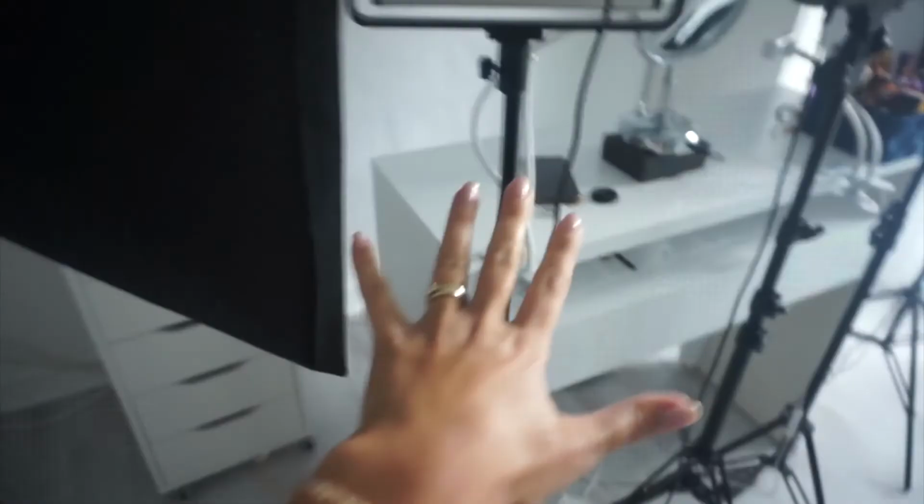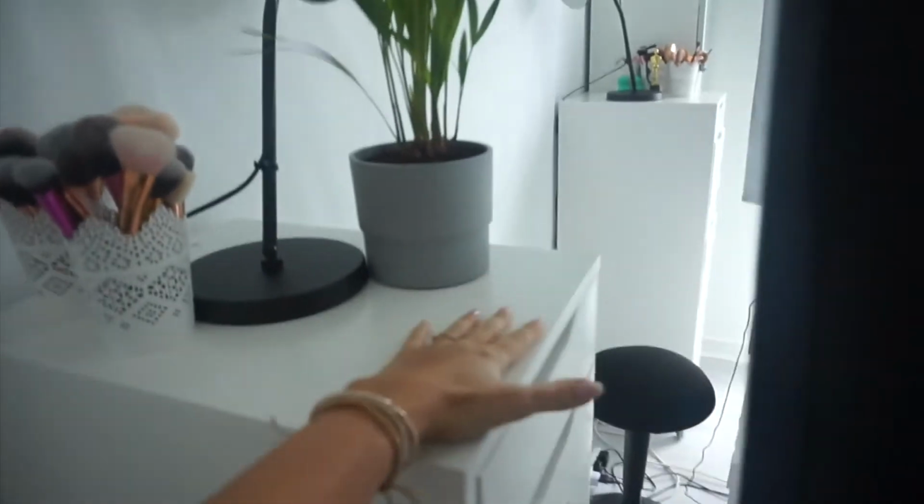Then in here, I moved the table to the middle that way. So this is where I sit to film. I don't have enough space to walk around to show you properly. So all the lights are in here. Then my chests of drawers, the two that I have, are on two sides where I sit, so in here